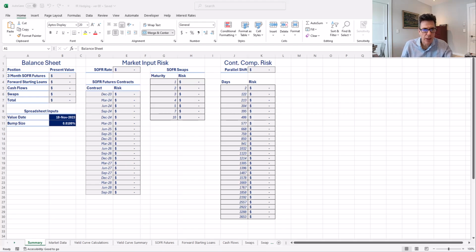In this video, we are going to introduce the IR hedging spreadsheet. This is a spreadsheet designed to help you visualize and think about how interest rate products work in derivatives. Let me start by walking you through the spreadsheet as a whole, and then I'll introduce some of